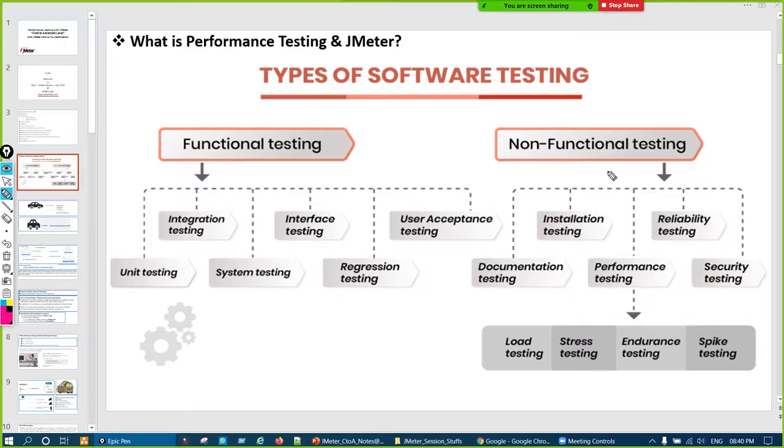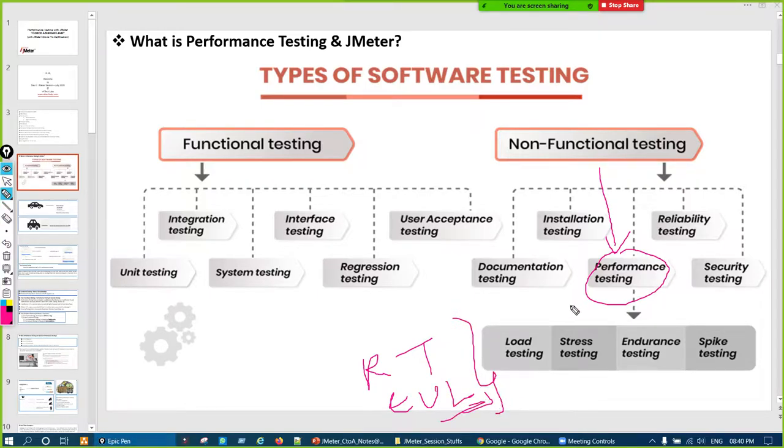Now we are in performance testing, and performance testing is part of non-functional testing. Here what we generally see is response time, RT, and user load, UL, right? That is our main focus in performance testing. In either performance or security testing, we are not worrying about the user interface.